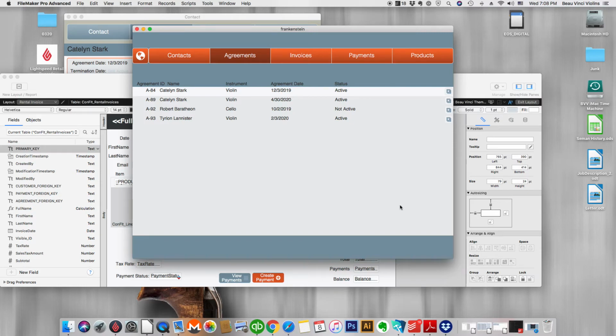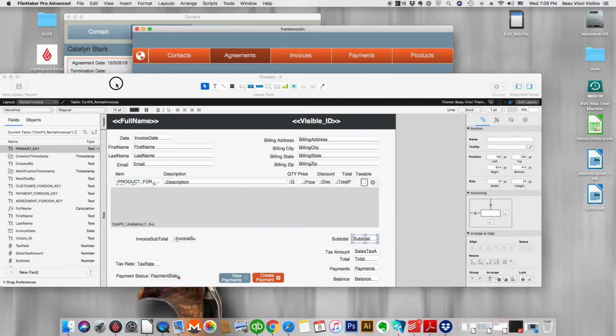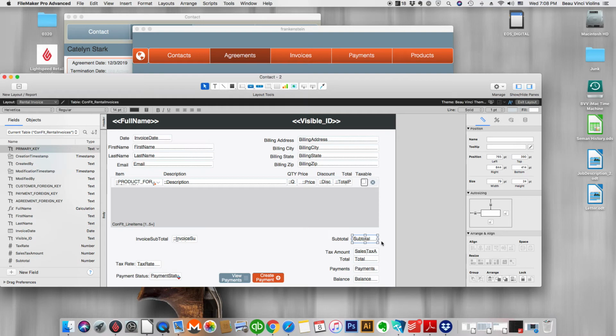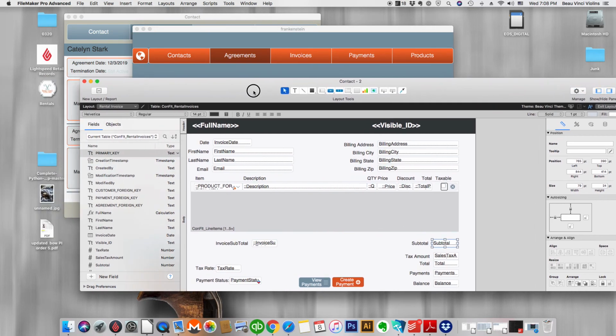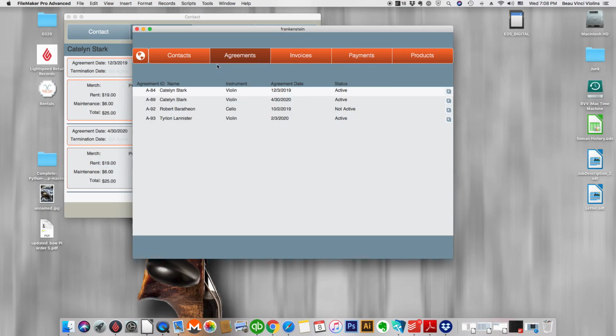And so I don't know if it's smart to do this off of a script or not, but if that is the case, I guess I can figure that out myself. But is it possible to make this calculate to where every time these line items change, should this be a calculation or should it be a script? I don't know. So if you could help me figure out what direction to go with that, and then also help me figure out why